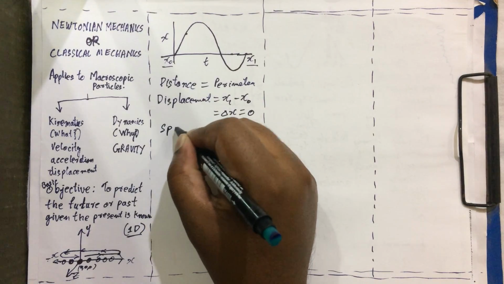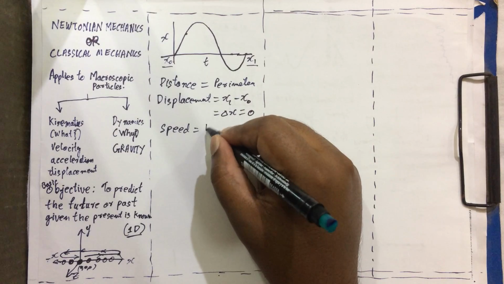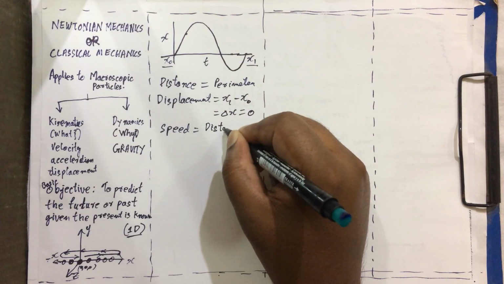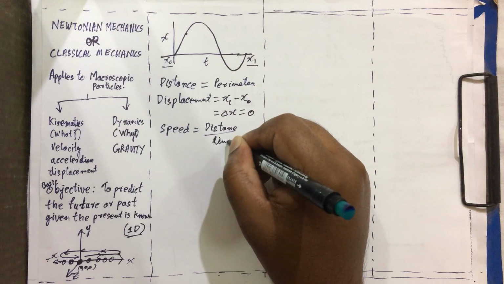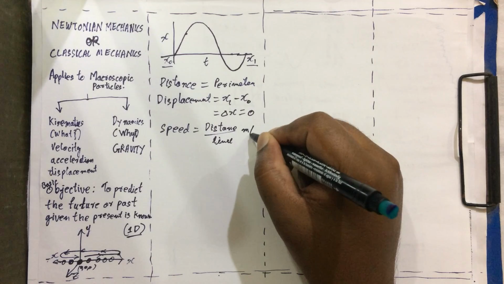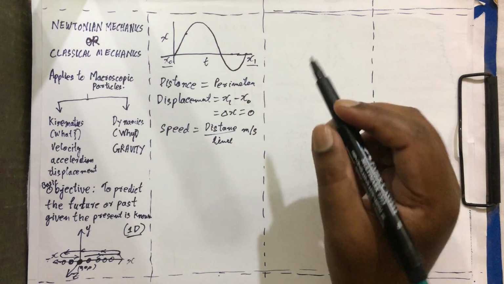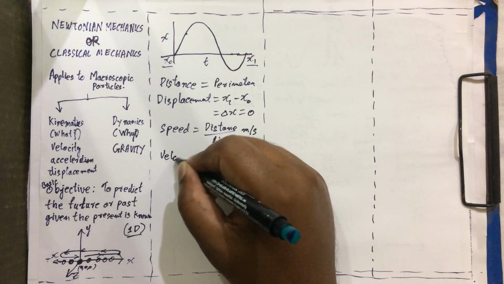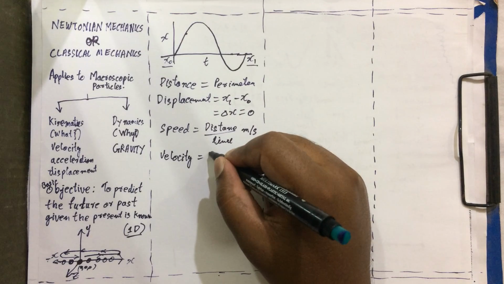Another concept is speed. Speed is the rate of change of distance, or distance divided by time. It is measured in meters per second. There's one more concept which is called velocity, which is the rate of change of displacement